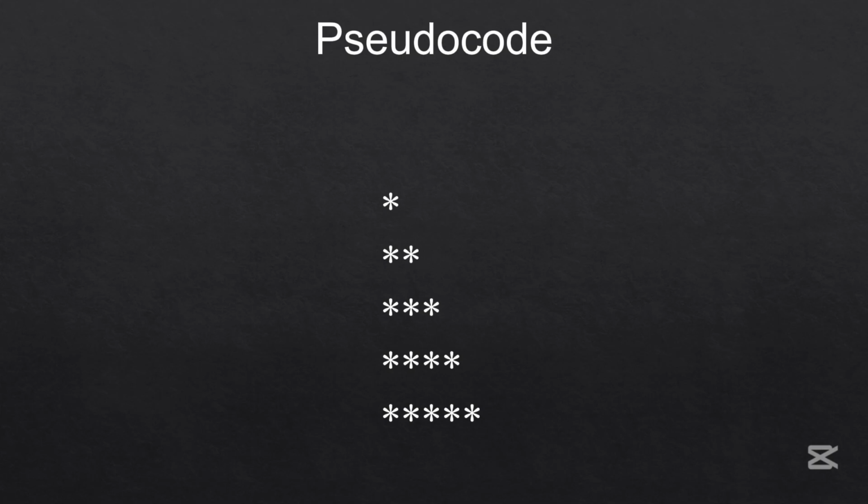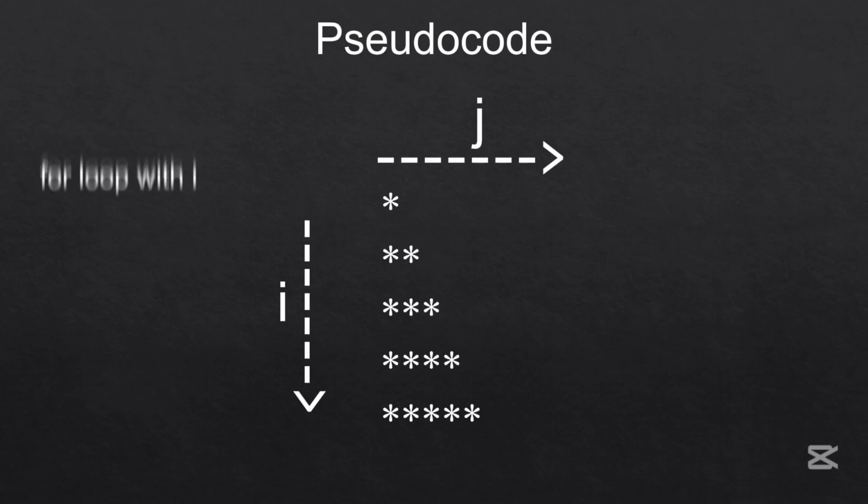The way we approach this problem is thinking that we have to print each line by itself. We also take into account that each line, one star is added. Let's take a look at this pattern with a 2D axis. You can start noticing that the y-axis can be done with a for loop. As for the j-axis, it can also be done with a for loop, but it's a little bit more complex